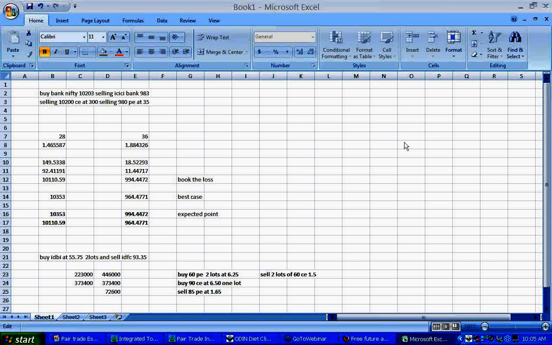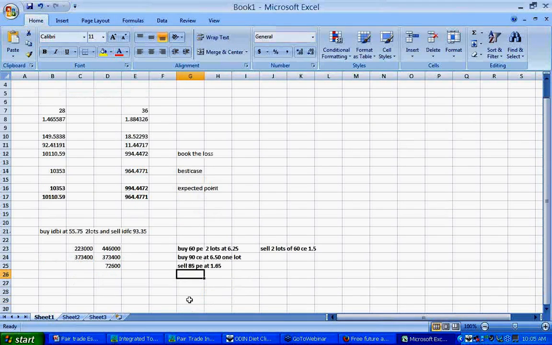Rather you have protected, and you are going to get some good money out of that. 53, 55 to 60, near about 4 rupees into 2 lots, which is 8 into 4, 32,000 of profit there, and here it is totally capped. So by protecting these two ways also, you have near about expected gain